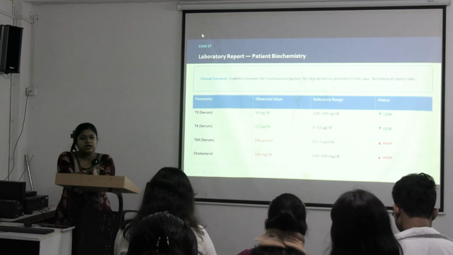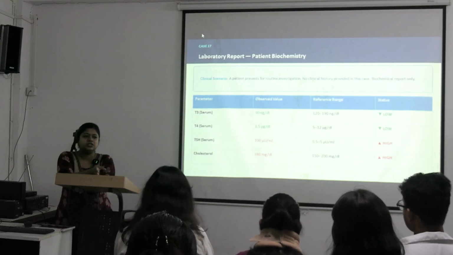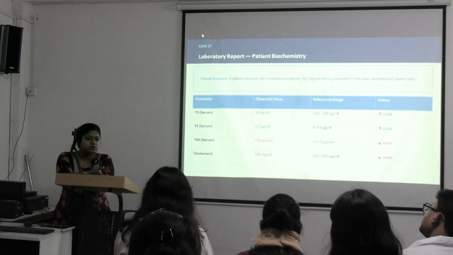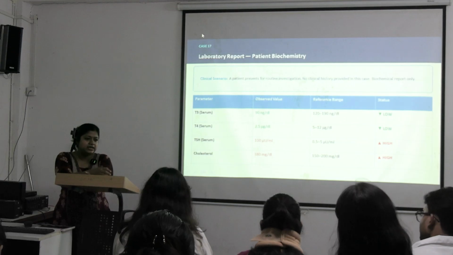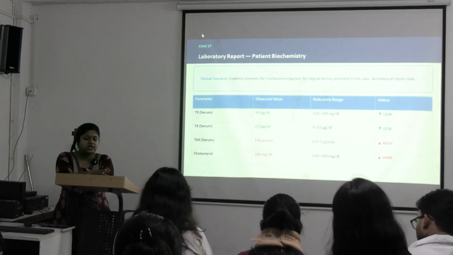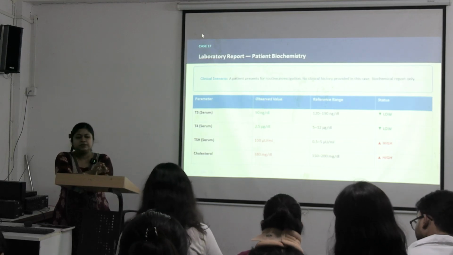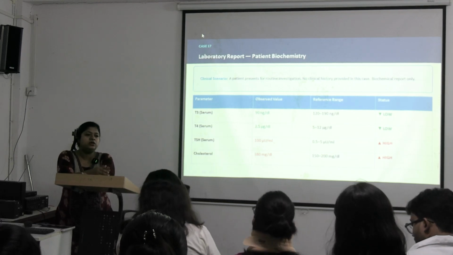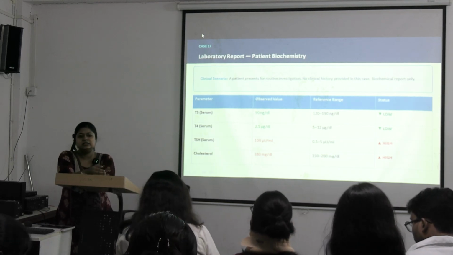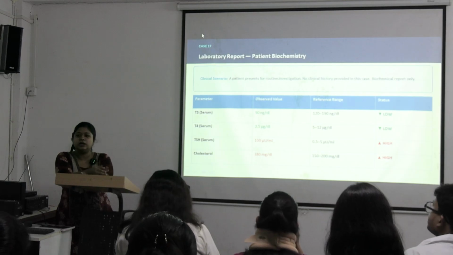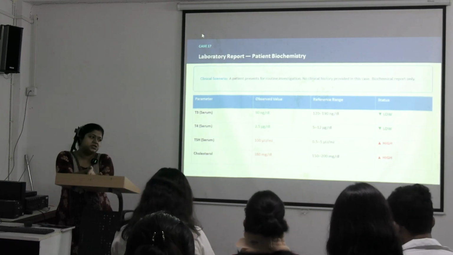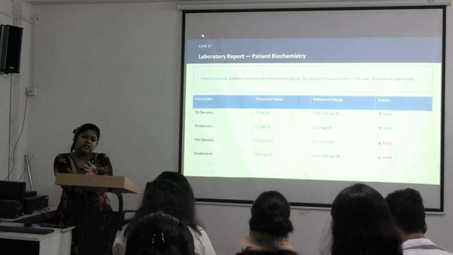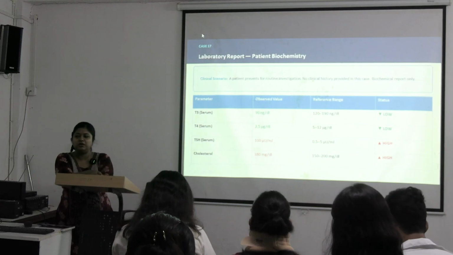weight gain over the last 3 months, and she is also having hoarseness of voice and dry skin or skin rashes, skin itching, everything. Now what will be your provisional diagnosis and how will you come to your diagnosis? What investigation will you suggest? What will be the treatment? So this will be the question for you, for your level.